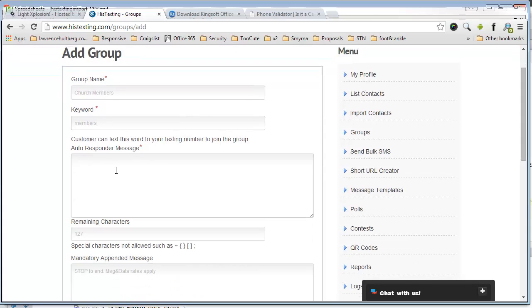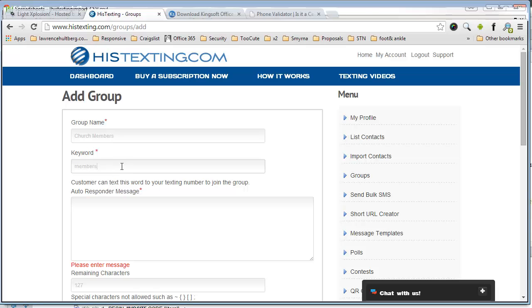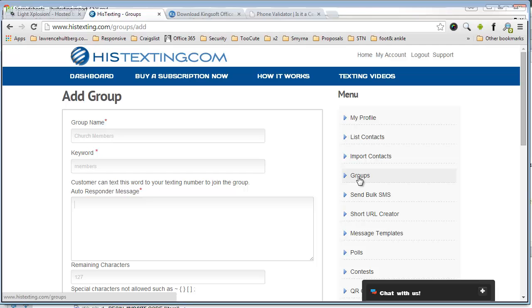And an autoresponder for your group is, and I will just go ahead and explain keyword. Keyword allows, let's say for example, someone text messages the word members to your texting number. If they do that, it automatically adds them to this group. It adds their name and phone number to this group, and then immediately sends them an autoresponder message thanking them for joining your church member group. So your responder would be, thank you for joining our church member